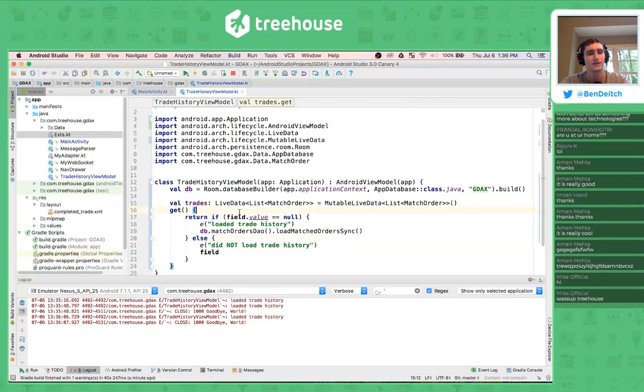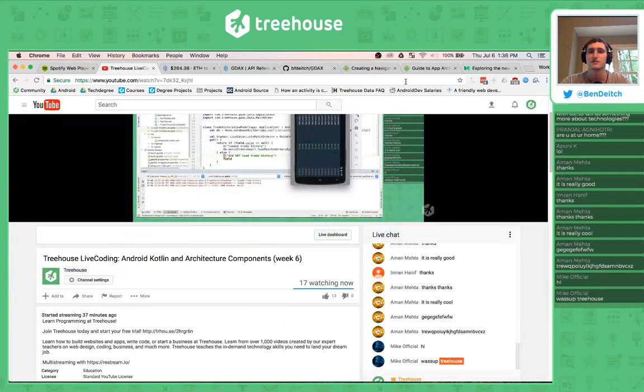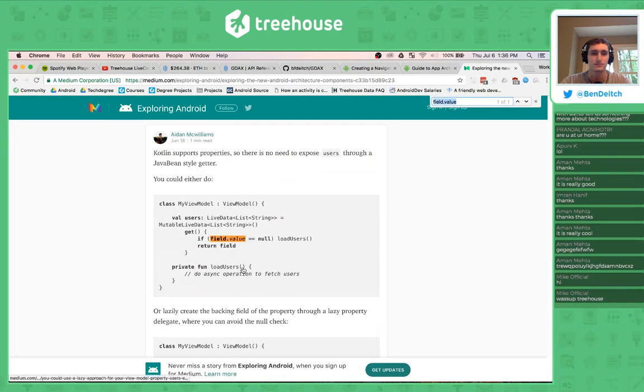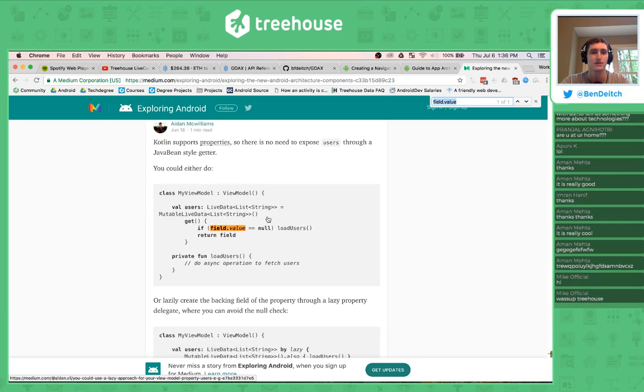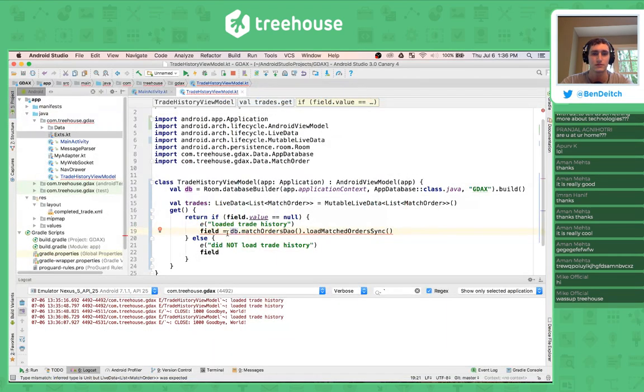Which would mean field dot, right, so here we need to do field equals that, and then return that. Let's see if it's got anything to say about that. If field is that, return field, no, it doesn't really. Okay, so